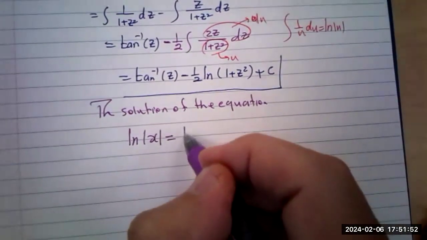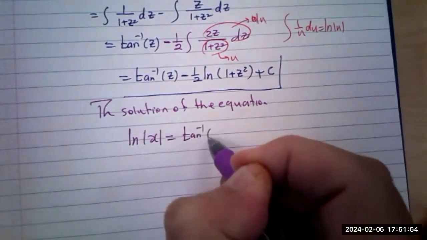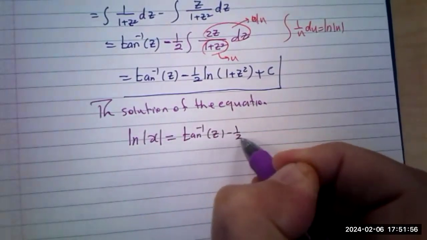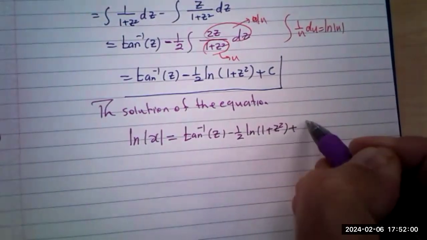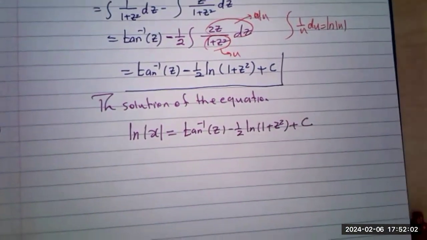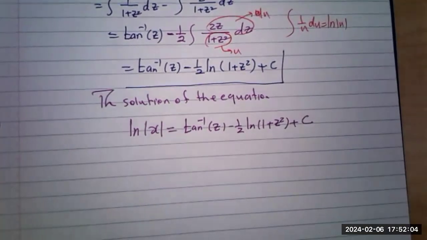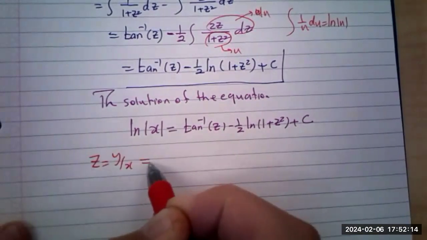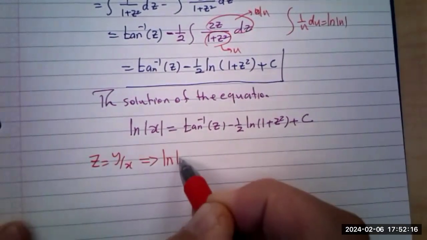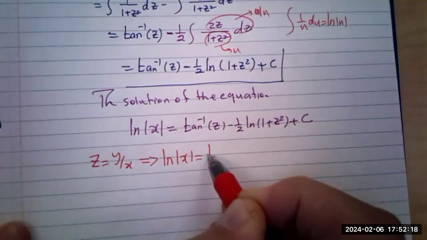So that gives you tan inverse of z minus 1/2 ln of 1 plus z squared plus c. Not done, because your equation is in terms of y; you have to find y. This is z. You just replace z by y over x. So ln of the absolute value of x equals the tan inverse